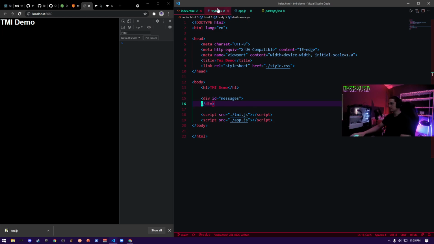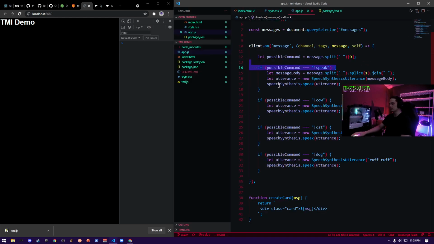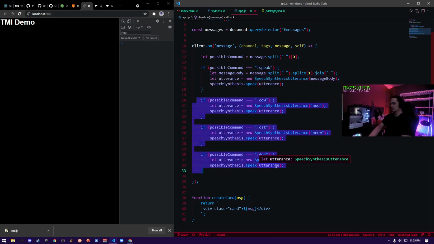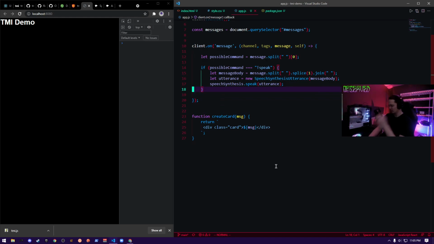Okay, so if I have nothing here, just get rid of these, and we have this create card. So what I could do is create a card based on the message.